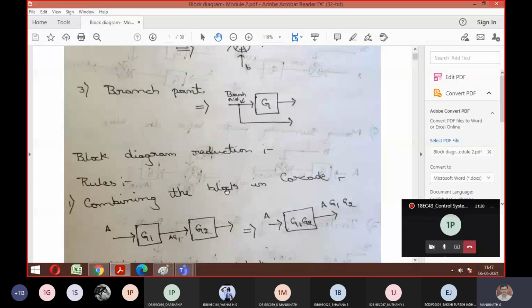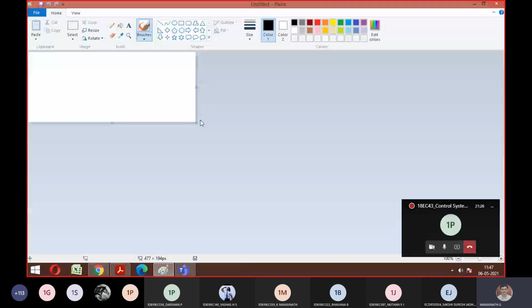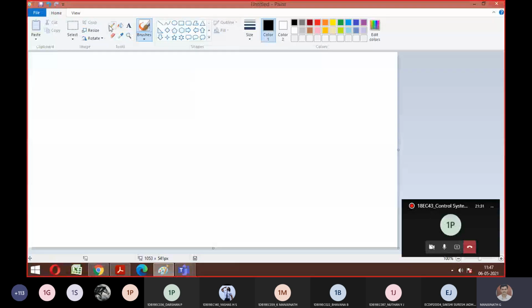I will just go to Paint, just check. Is it visible? Paint is visible, guys. Yes, sir. If we have n number of blocks, these are called blocks, what I'm writing now. Is it visible what I'm writing? If you have n number of blocks connected in series, there will be one big system. The thing I'm writing is inside that system now.